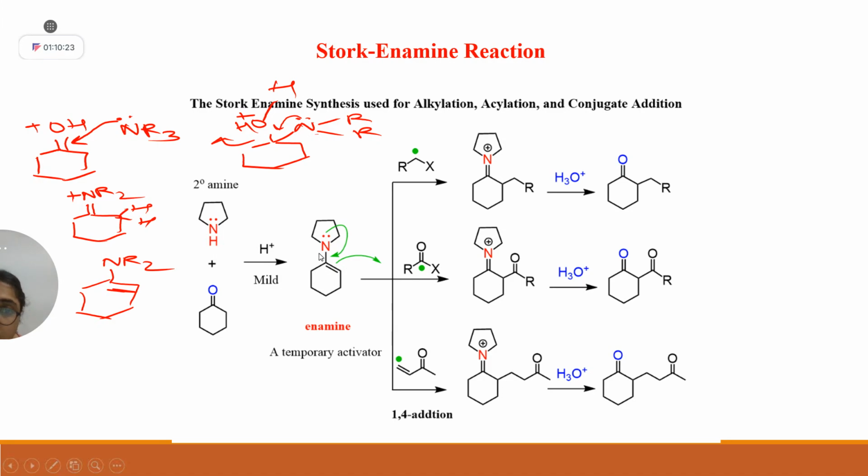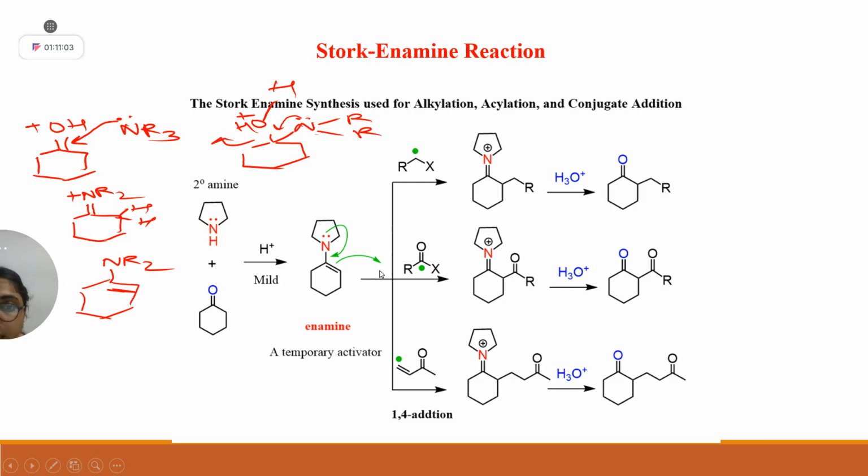Clear? Now, students, nitrogen lone pair will come back, and if it attacks this carbonyl halide, you will get this. It has attacked onto this carbonyl. O negative will come back and remove that X because this X is a leaving group, like your chlorine. Understood? And after hydrolysis, your iminium will change into ketone. So always remember, you don't have to leave the product till this stage. Make ketone of that iminium.